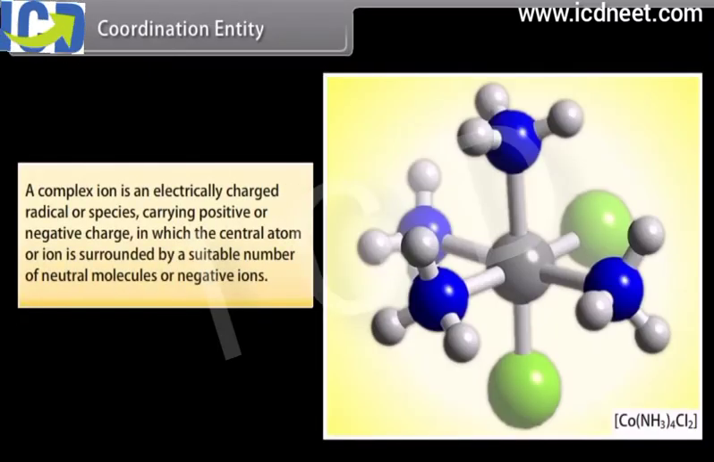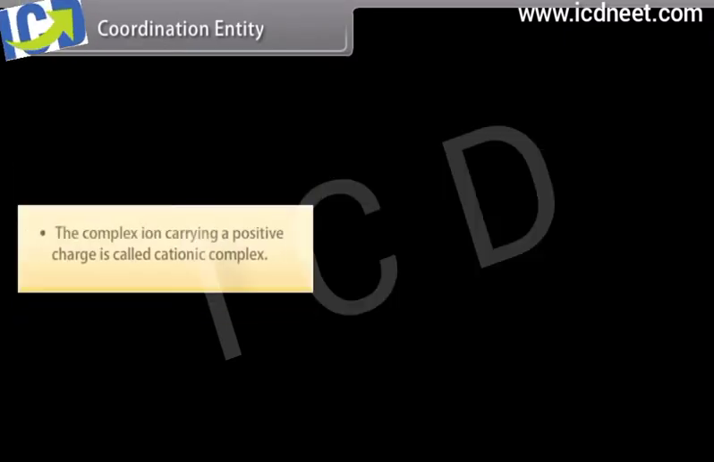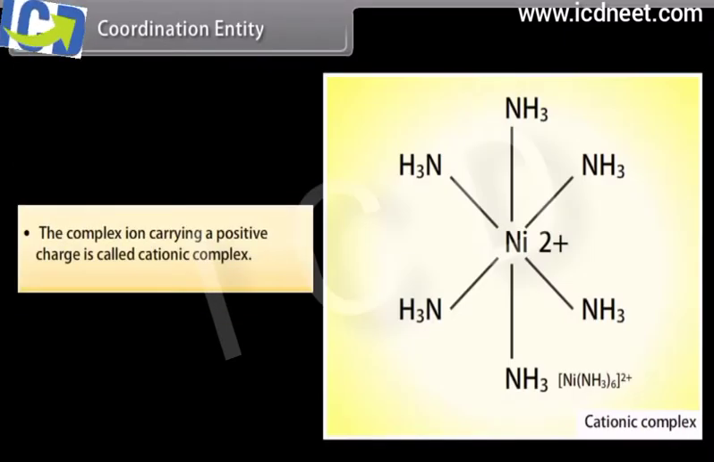Coordination entity. A complex ion is an electrically charged radical or species carrying positive or negative charge in which the central atom or ion is surrounded by a suitable number of neutral molecules or negative ions. For example, Co(NH3)6 Cl2. The complex ion carrying a positive charge is called cationic complex. For example,